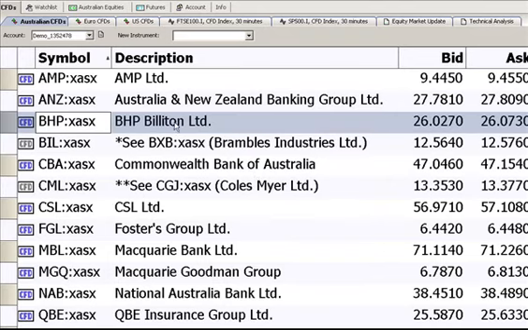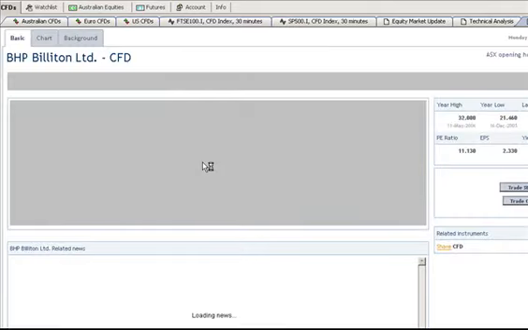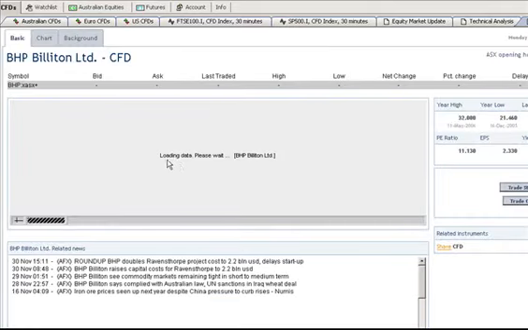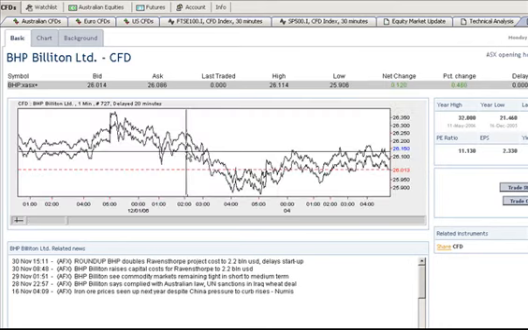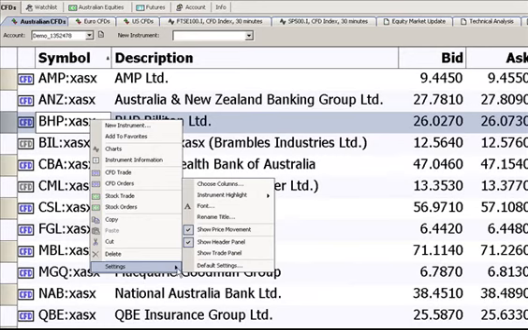Now some other things that you can check out, if you right-click again, is that from here you can access the instrument information. This instrument, for example, what we're clicking on right now is BHP. Now when I've done that, you can see a chart for BHP, but also the information relating to BHP. Because of the way I've configured this video, there's some information on the right that is being cut off, which is not so important for this video itself, but it's just to give you a bit of an idea. Now if I go back to Australian CFDs,